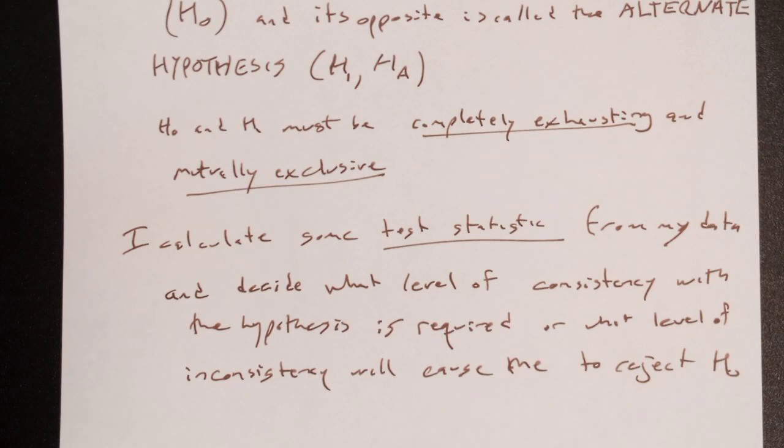Most of the time, I can test the hypothesis more than once. There's an exception to this. We talked about a guilty, not guilty idea. You can't be tried for the same crime over and over. That's called double jeopardy. If you get found not guilty, we're done with you. But most of the time, I can test something on multiple occasions.